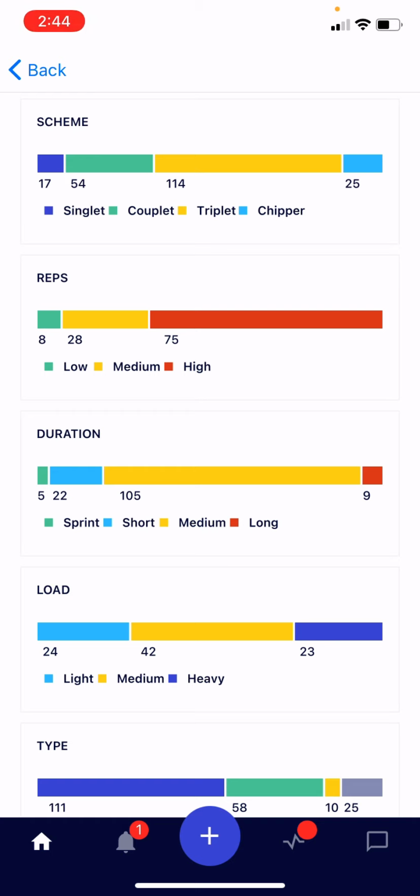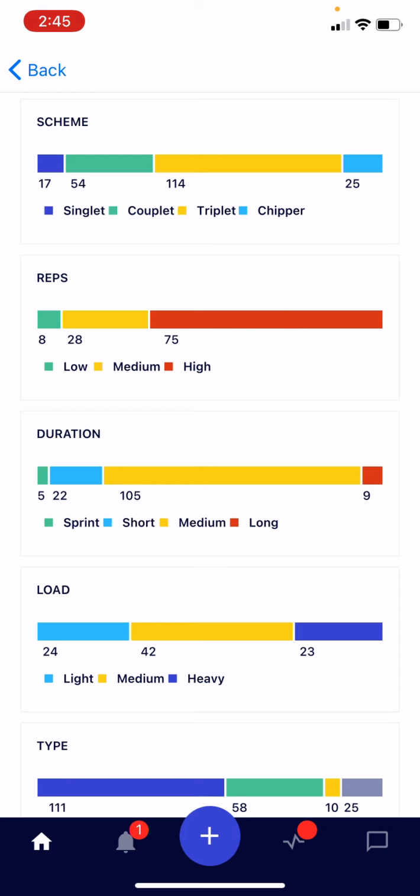A medium would be 50 to 100 reps total in the workout. And a high repetition workout is going to be more than 100 total combined reps for the workout. So that's why Fran would fall into the medium category here, because it's got 45 thrusters, 45 pull-ups for a total of 90